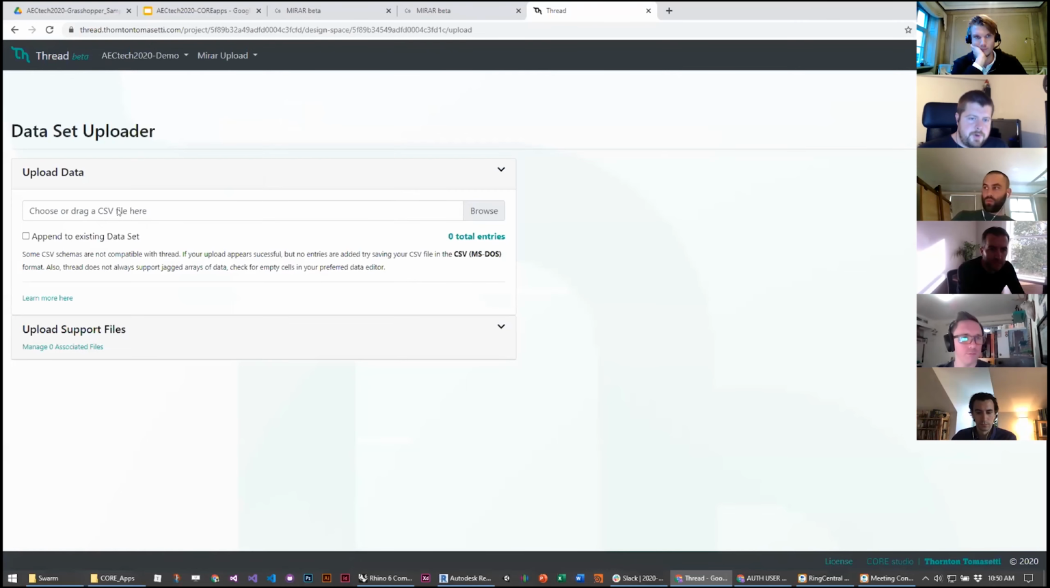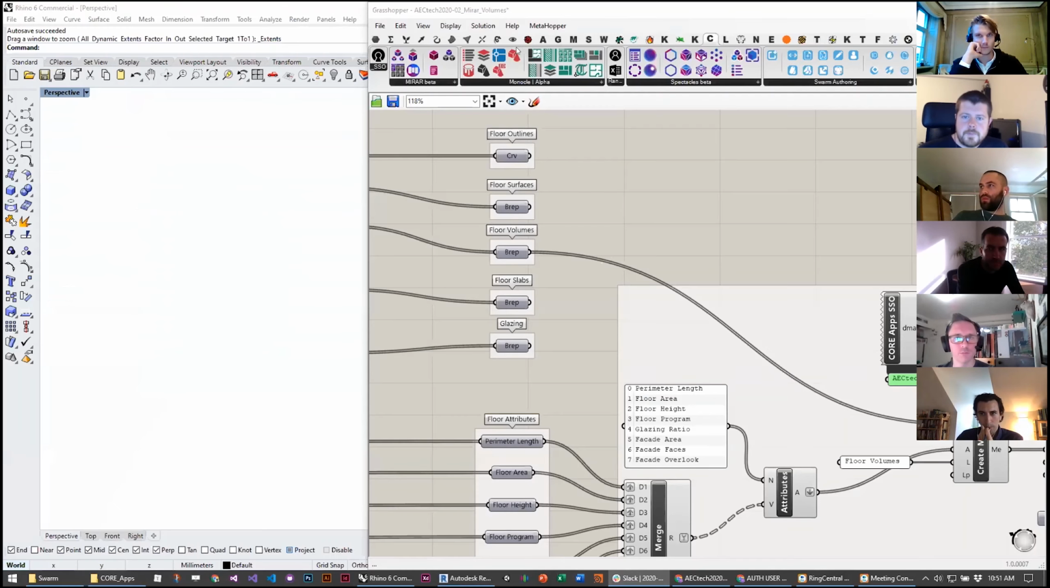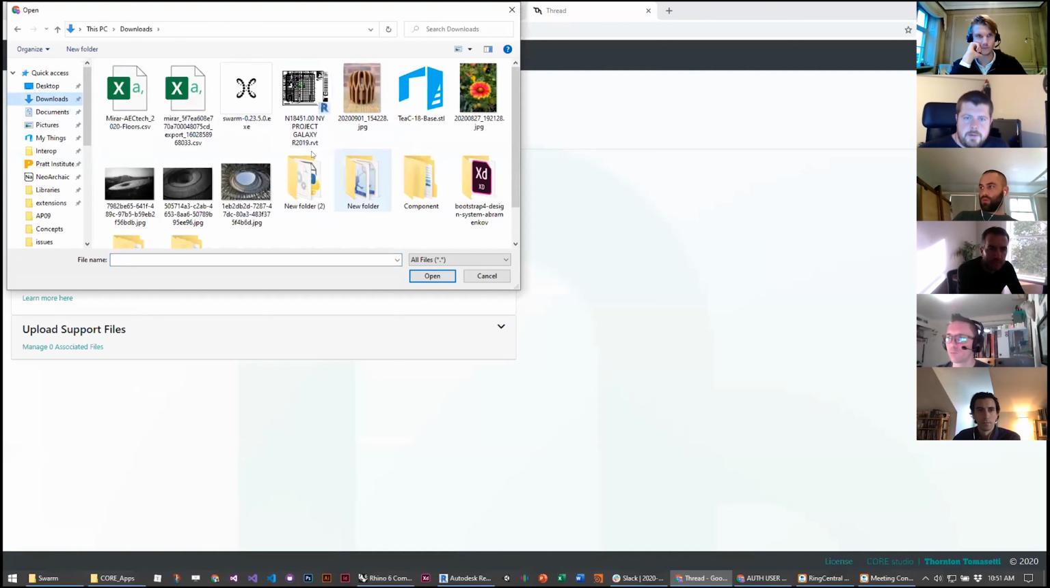And this will bring me to a little uploader where I can drag and drop or browse to pull in that CSV. So again, in this case, I'm going to use the CSV that I shared in the chat, which is associated with that particular Revit view. And again, this is also the one called volumes, or floors, sorry, in the sample file. So that's the Mirar AEC Tech 2020 floors CSV and part of the samples. Okay, so I'm going to click Browse in this case. And under my downloads, I'm just going to grab that Mirar AEC Tech